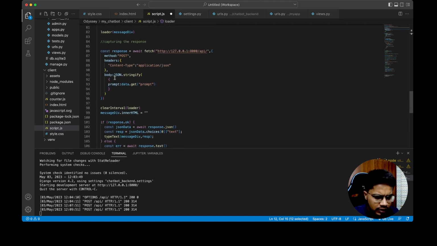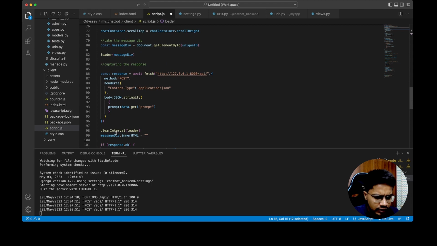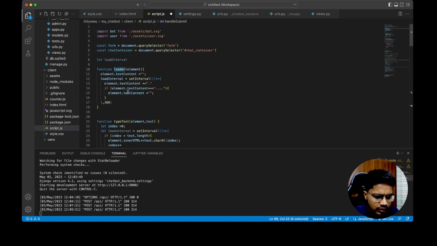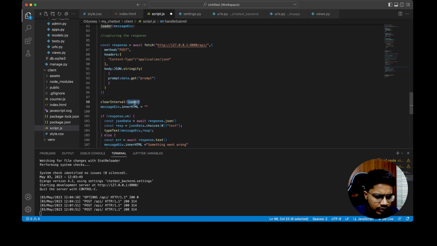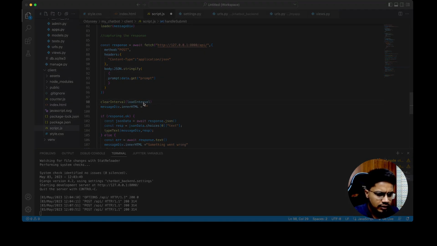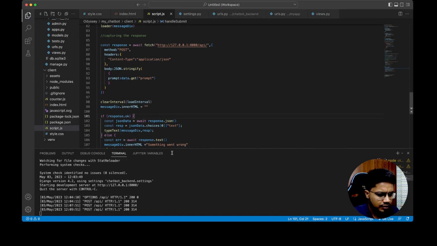So clear interval, this is the load interval which you want to clear out. Okay, so now if you look at it,